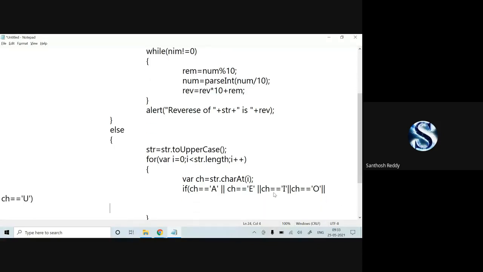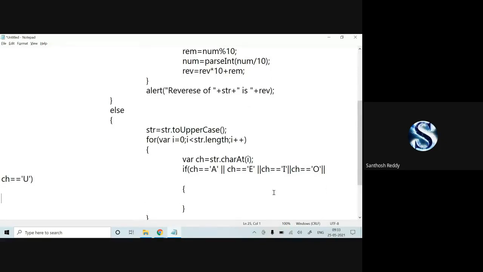If it is that, I'll open this and close. It is the leftmost vowel, so we will break the loop, that's it.